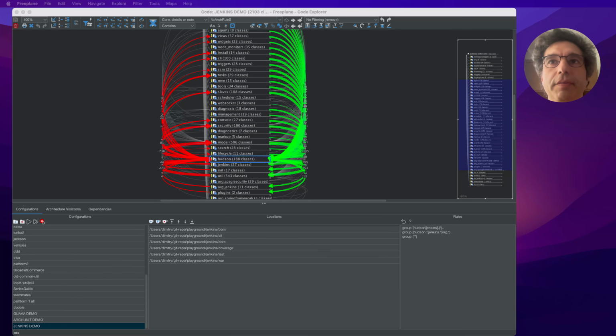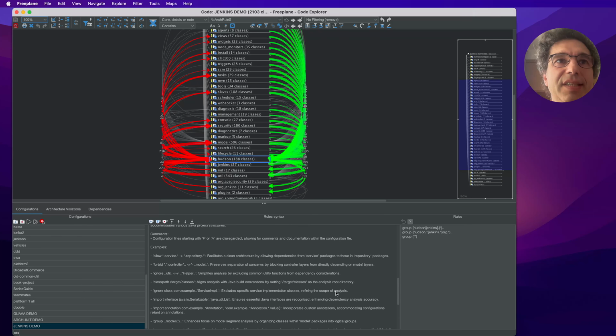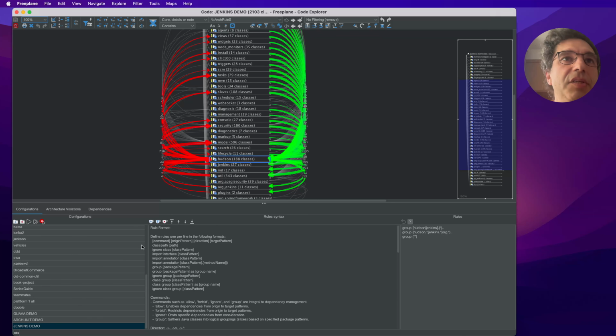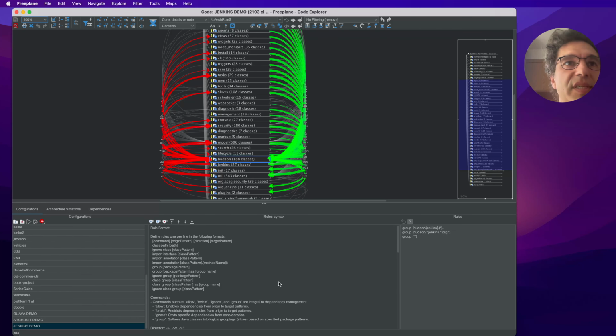There are also many other different kinds of rules. If I click this help button here, then I'll see information about which rules are available. They can be used to say which dependencies are forbidden and which dependencies are allowed based on package names, class names, directions, up or down, because by default all dependencies going down are allowed and all dependencies going up are forbidden, but you can create your own rules for this, and